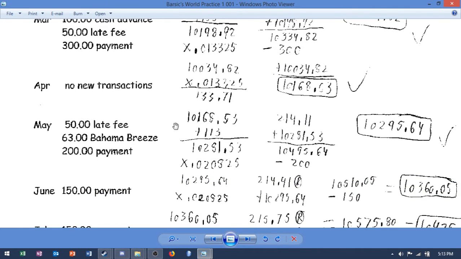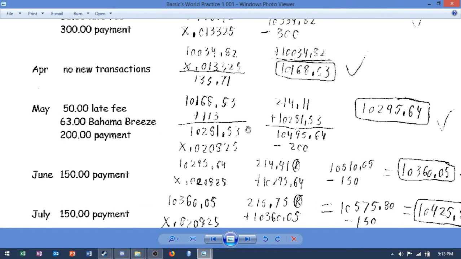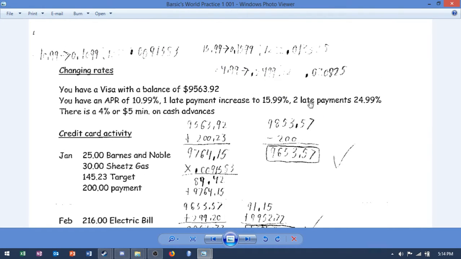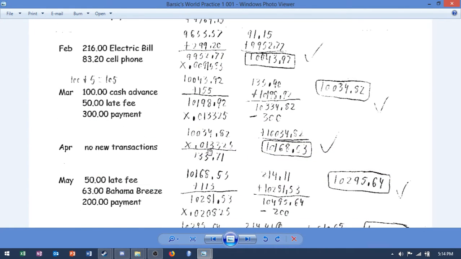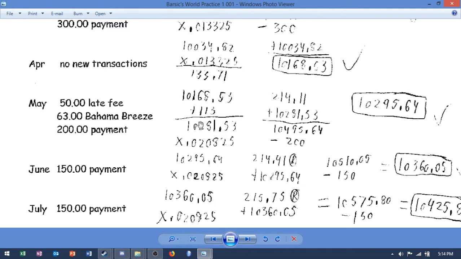$10,168.53. So May, you have another late fee, treat it as a purchase, 50 plus 63. So you take your current balance of whatever the last month was, you add in 113, you get the new balance. So you take that times your third MPR because it's a late fee, and 2 late payments. So now it's the third MPR that you get, and you take the number times the third MPR. You get your interest, add it back in, blah blah blah, minus 200 payment, and you get